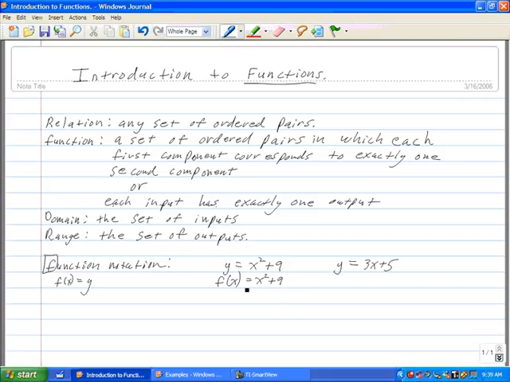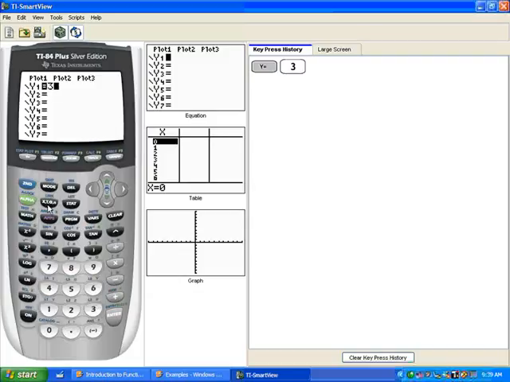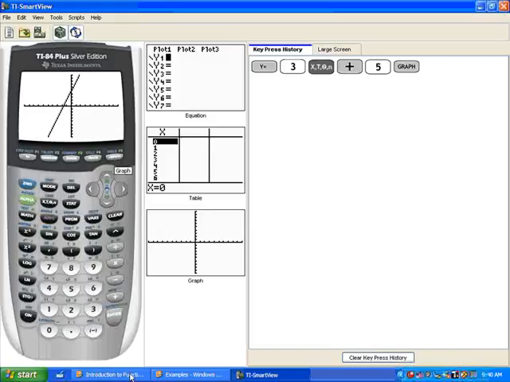And since f is already used, you don't want to reuse the same name in the same question. You can reuse the name when you go to a new question or a new problem. But since f is already in use, I will name this one just the next letter in the alphabet, which is g. So this one would be called g of x. So what I've done is I've named them. If I tell you, go get function g and graph it, well, that's g right there. I could go to the calculator, get to y equal,